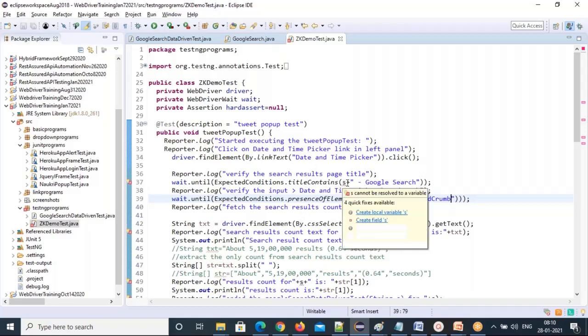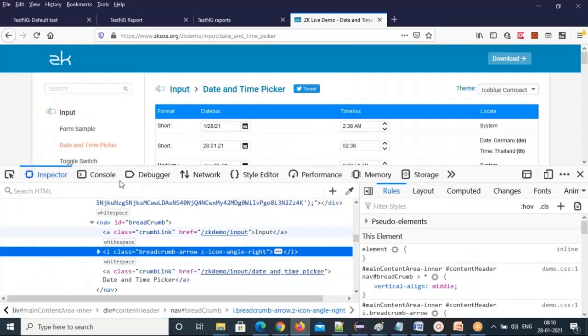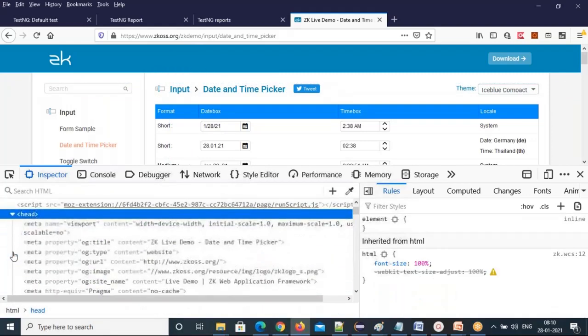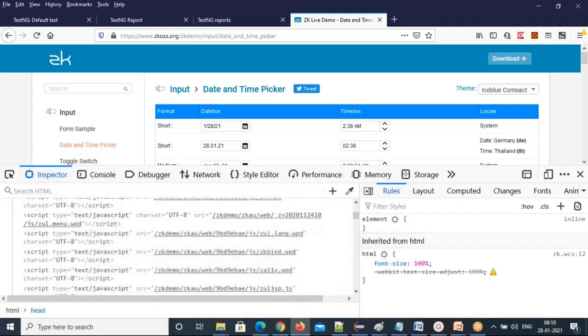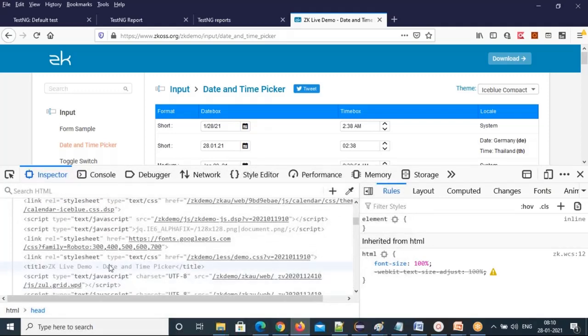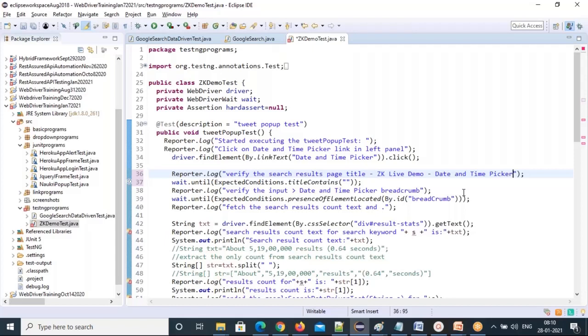And also you need to validate the page title, right? So let's validate the page title. So you just give the page title here. What is the page title? So copy the page title, go to the HTML and get the page title. You go to the head tag, inside you have a title tag. Look for the title tag and you will get that, and the value you copy and paste it in the verification step. This is the one you can see here. So this title you have to paste it here. So this is the title. I am looking for this title.